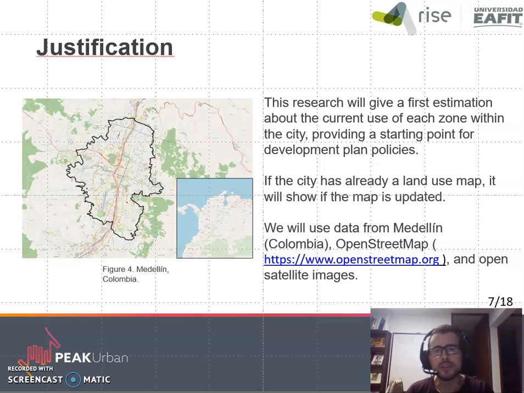And if the city already has a land use map and maybe it is outdated, we can make a comparison and see if it is outdated or pretty good. The information we're going to use is data from Medellin, Colombia, OpenStreetMap, and open access satellite images.